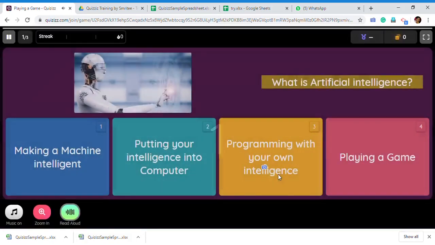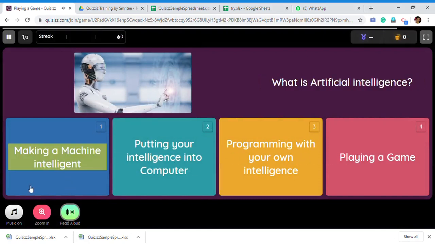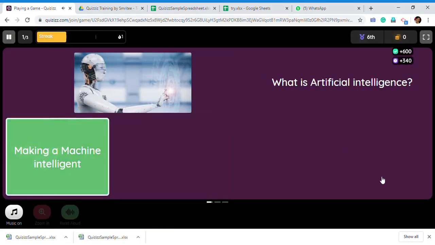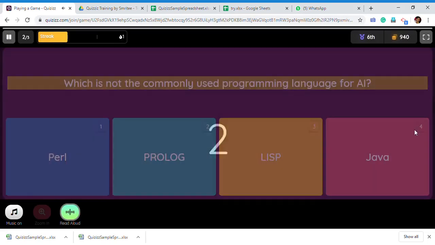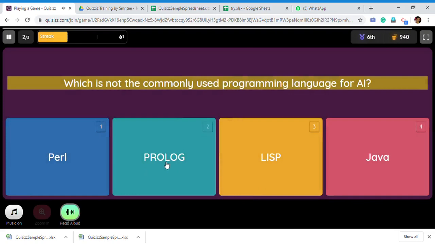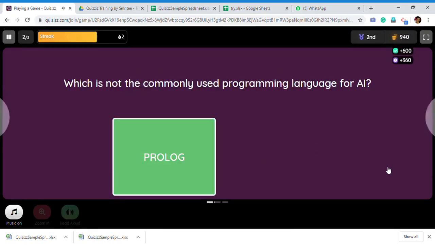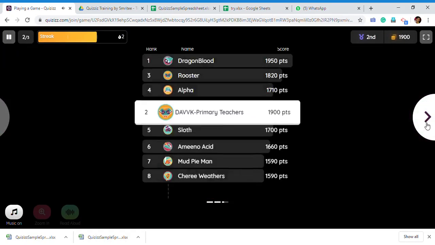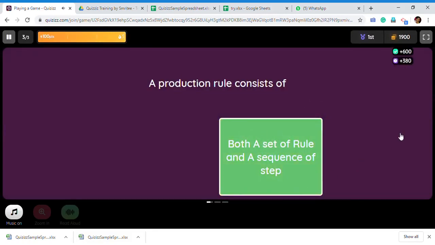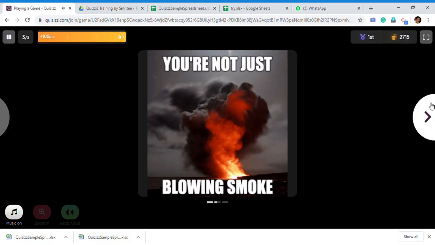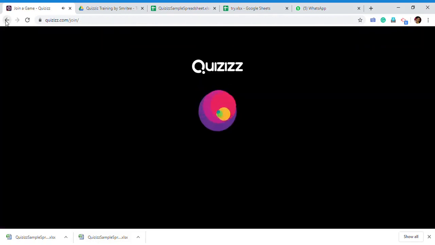What is artificial intelligence? Question. What is artificial intelligence? Option 1. Making a machine intelligent. Right answer, as I know it. Next is the question: which is not the commonly used language for AI. And the next question, the last one. Question: a production rule consists of. Okay, this way you can preview the quiz, and after completing it, you can go back to your quiz editor